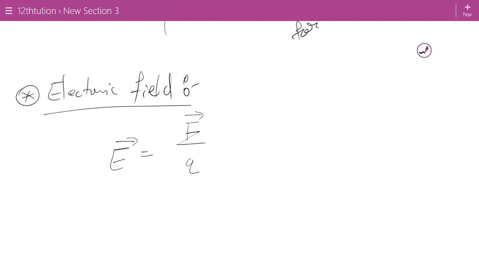So, for example, if this is the capital Q charge and we want to calculate the electric field due to it, what we will do is